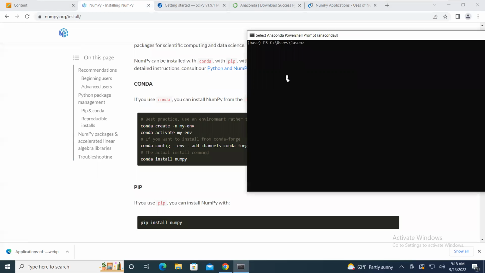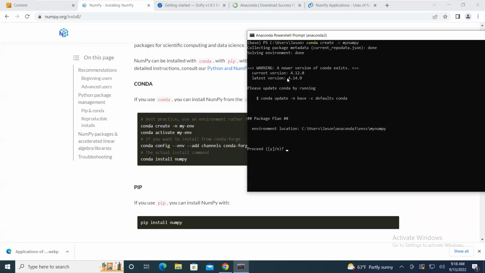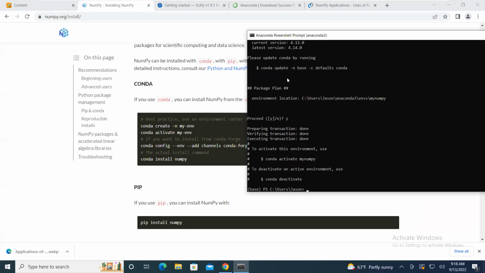So if we create a new one, we can do conda create -n, and then we can call it whatever we want. So if we call this my numpy, like that, it will create a new virtual environment for that. Yes, that's all fine. Okay, then we need to activate that virtual environment. Again, notice that we still have this base over here. This means that we're working on the base operating system. So conda activate my numpy,